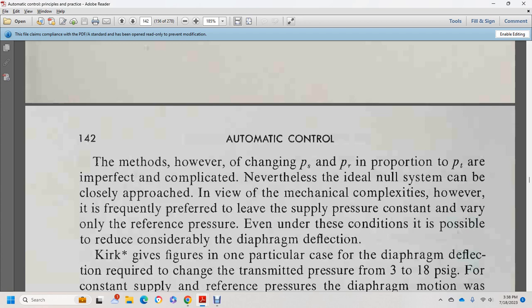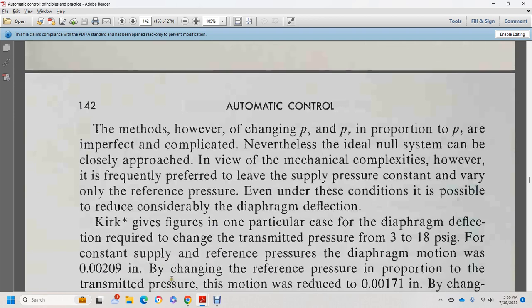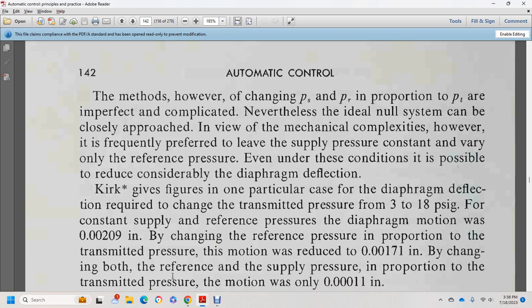However, it is frequently preferred to leave the supply pressure constant and vary only the reference pressure, even under the condition that it is possible to reduce the control of the diaphragm deflection curve. Given the figure of the particular diaphragm deflection required with the transmitted pressure of 3 to 18 psi gauge, for constant supply and reference pressure the diaphragm motion was